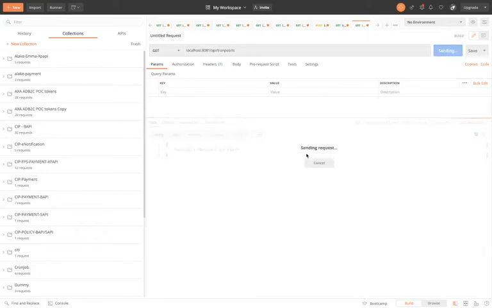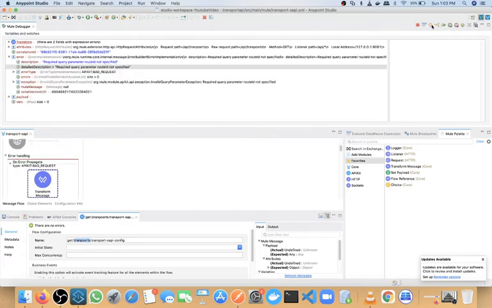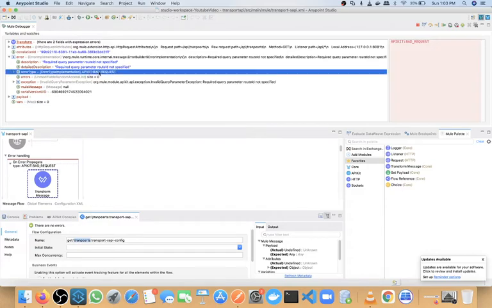So if I call again, it will go to the API kit router again. Again the API kit router will validate our request based on RAML. Now it will again give an error. Why will it give an error? If you want to see the error, we are going to bad request. This time API kit is throwing bad request. Why is it throwing bad request?